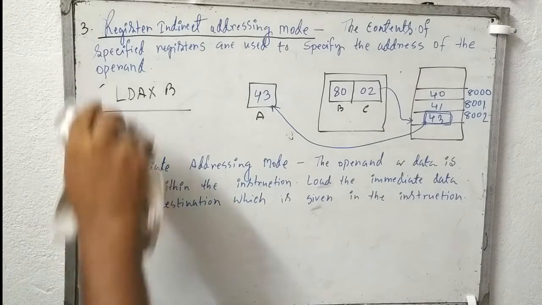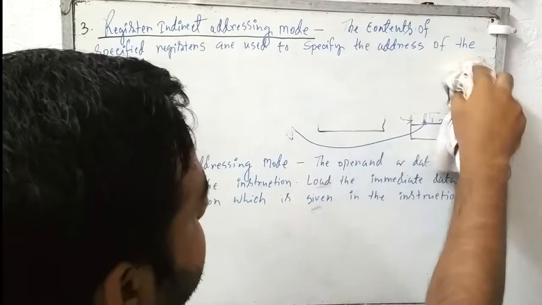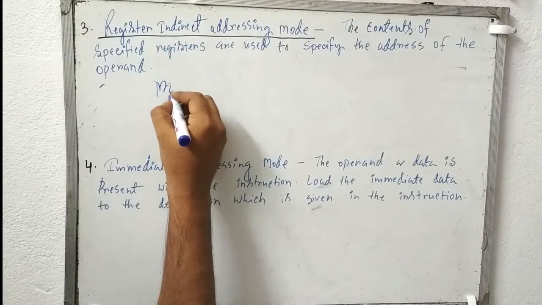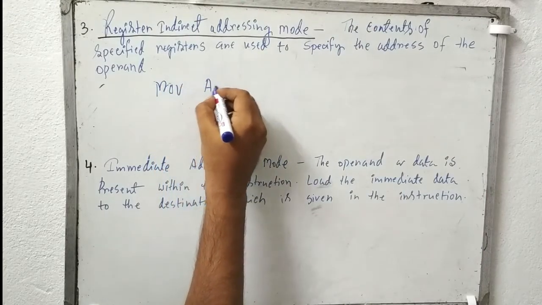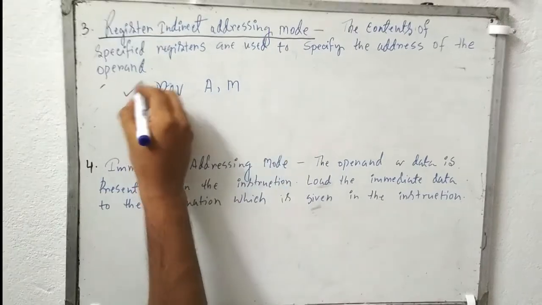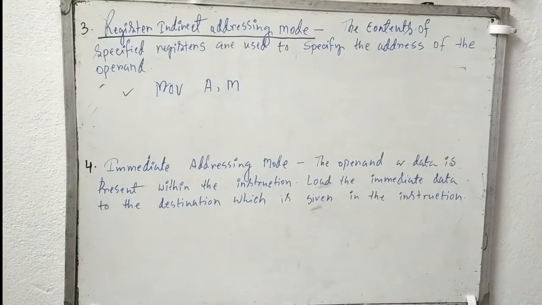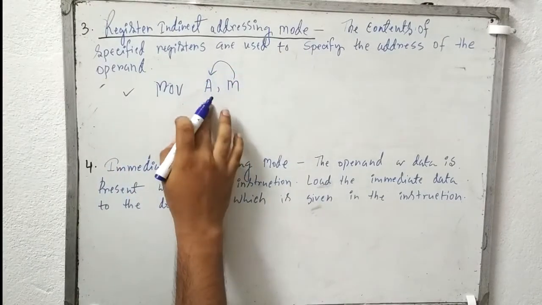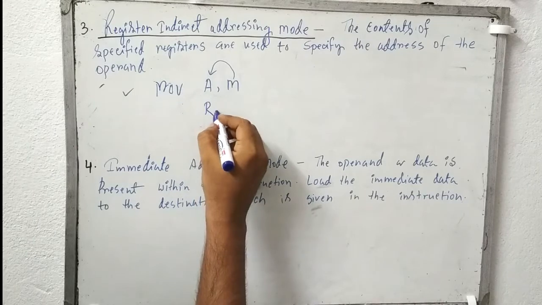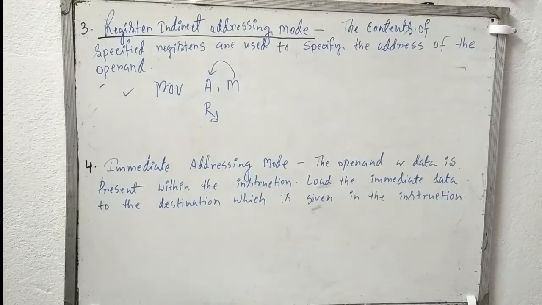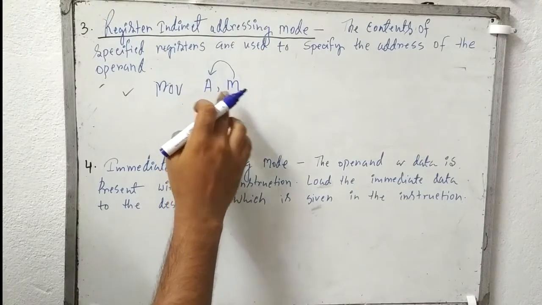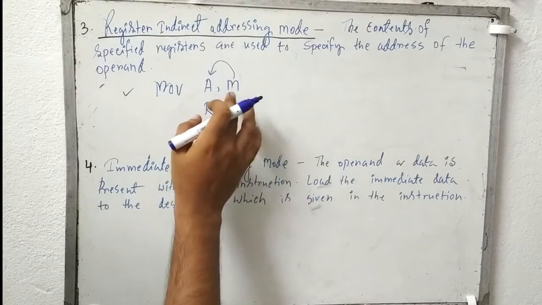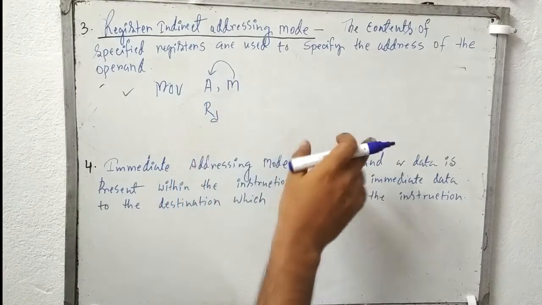Okay, let's take another example. MOV A, M. So move A comma M. What does it mean? It means load the accumulator. This is basically the destination register. So load the accumulator with the content of memory whose address